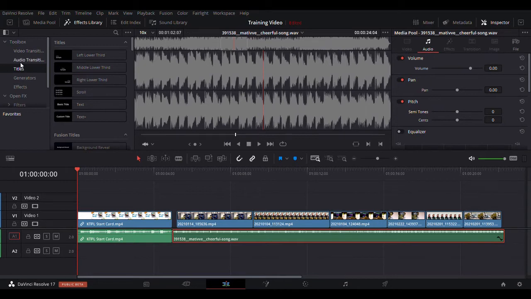Over here, we have the list of different categories of them, including video transitions, audio transitions, titles, and fancier ones as well. It would be good for you to play around with many of these different tools, see how they work, see what their settings do, discover. Right now, though, we're going to take a quick look at video transitions,